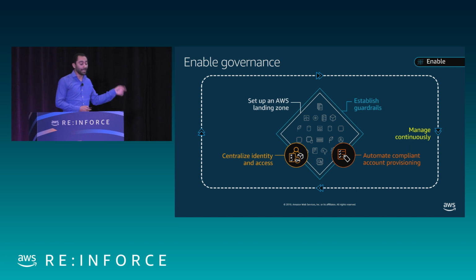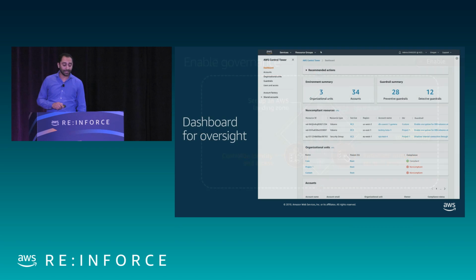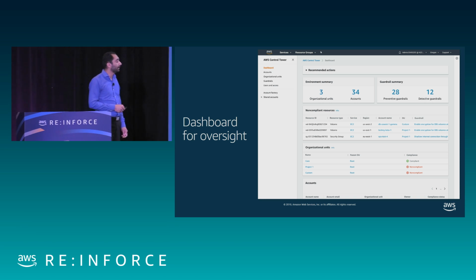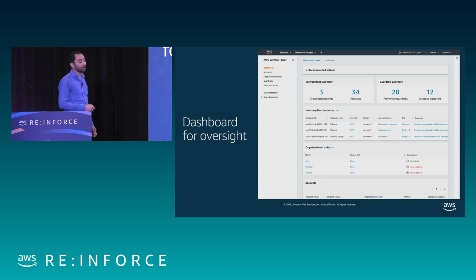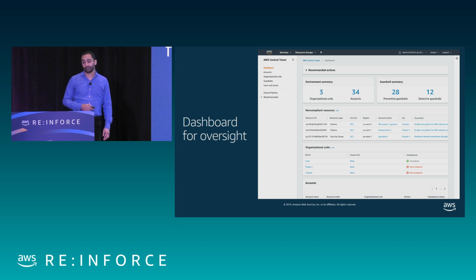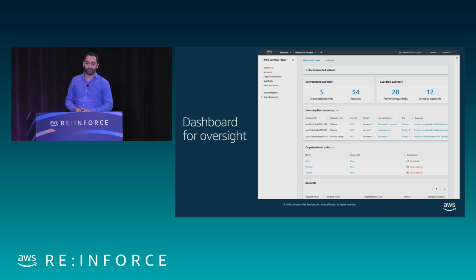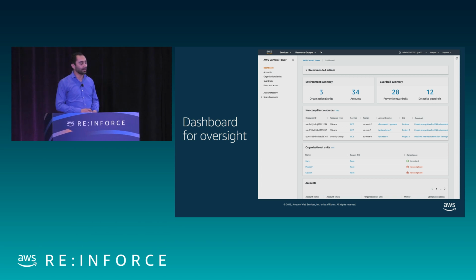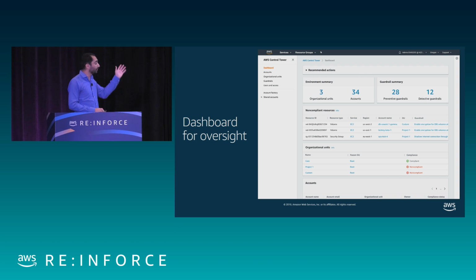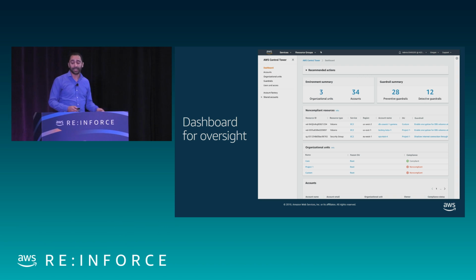And one unique feature that it has that Landing Zone does not have is it actually gives you a dashboard of findings and what's happening in there. How many OUs do you have? Number of accounts? How many preventive guardrails, detective guardrails? It's a security conference, but I assume most of you know, preventive are things you're stopping people from doing. Detective are things you really can't stop, but you want to detect that they happen and get notification. So it builds those things in place. And you can have a dashboard.